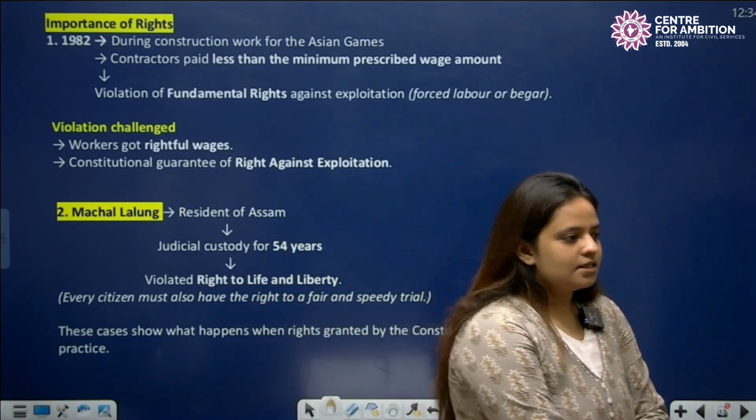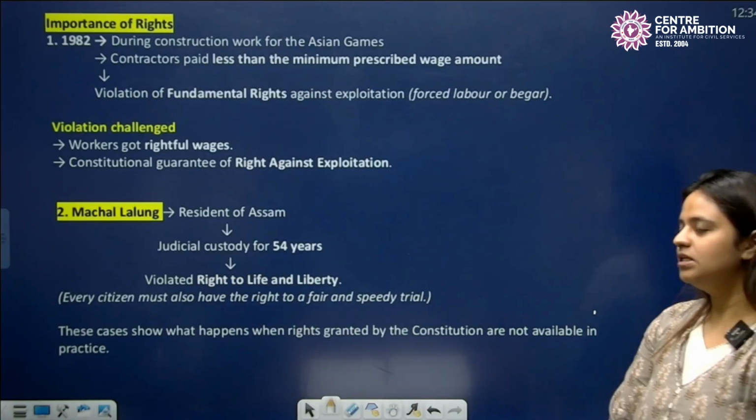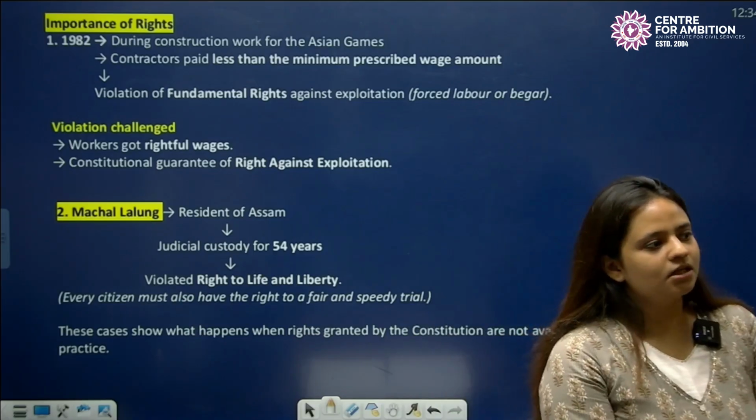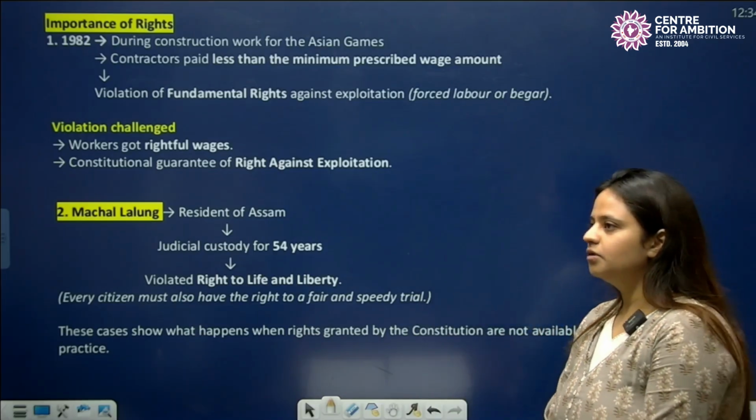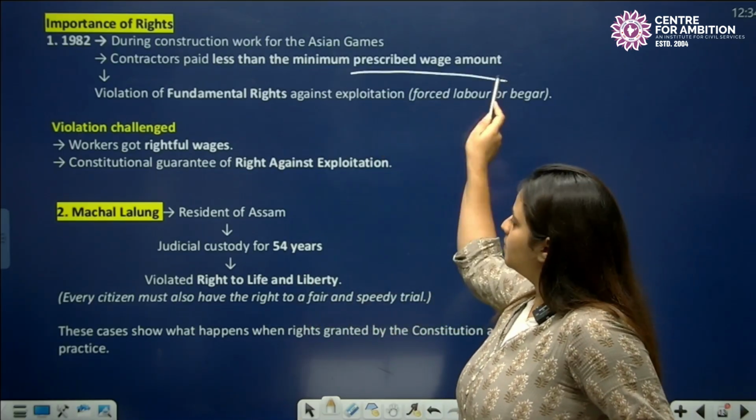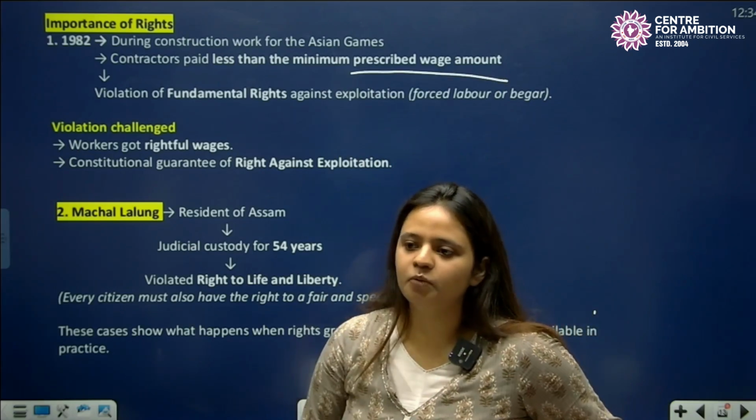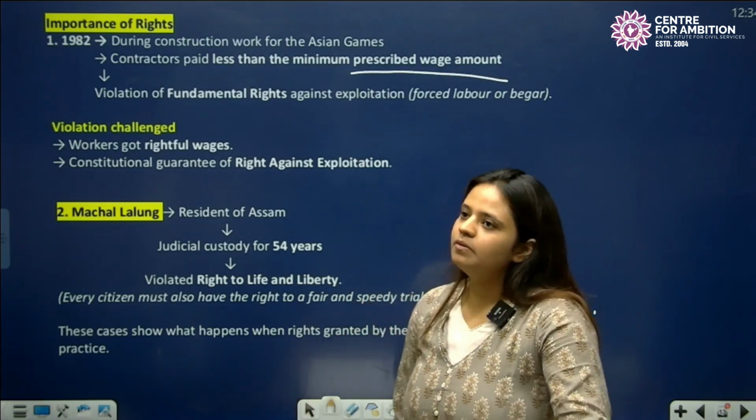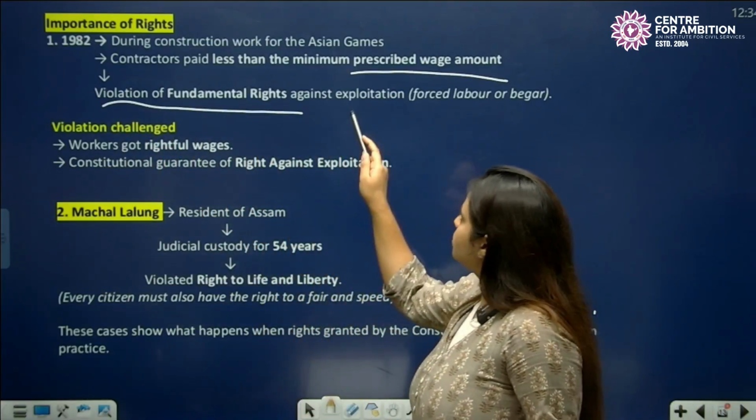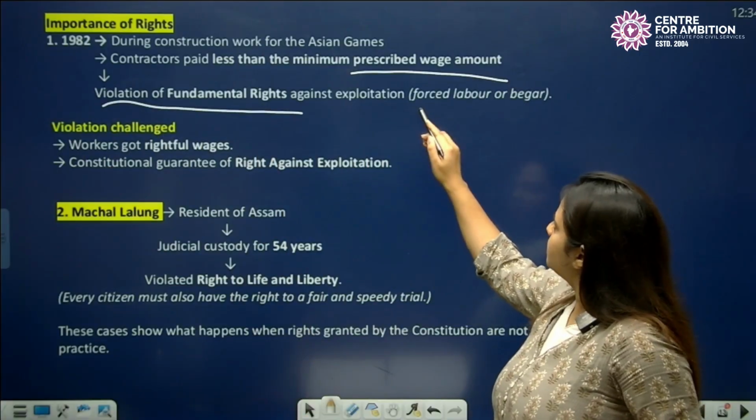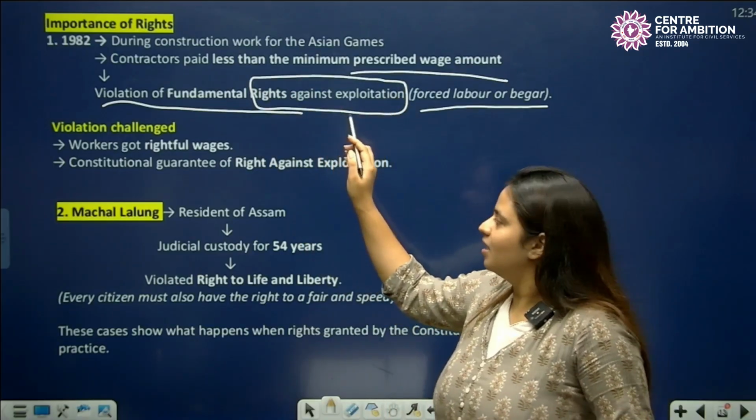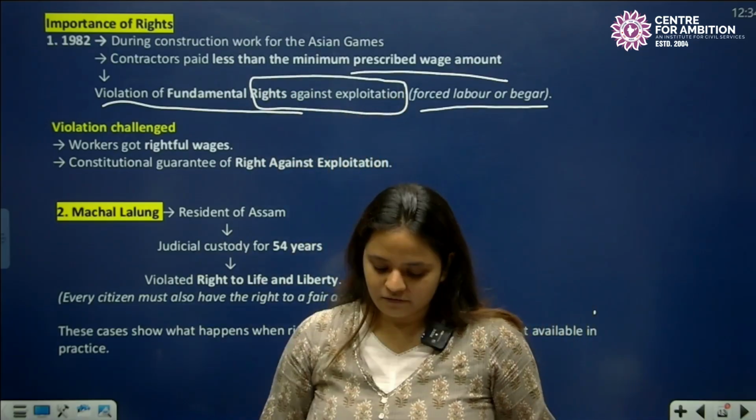First is an example in 1982 where we see there was construction going on for the Asian Games. So contractors appointed some workers for the construction of the games and they were paid less than they were promised. ठीक है. वो मिनिमम वेज से कम उनको वेज अमाउंट मिला. सो दे मूव टू द कोर्ट एंड दे सेड कि हमारा वायलेशन हुआ है फंडामेंटल राइट्स का, विच इज they were experiencing forced labor and begar, right against exploitation का वायलेशन हुआ है, फंडामेंटल राइट का वायलेशन